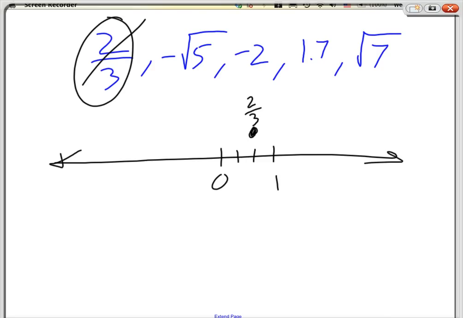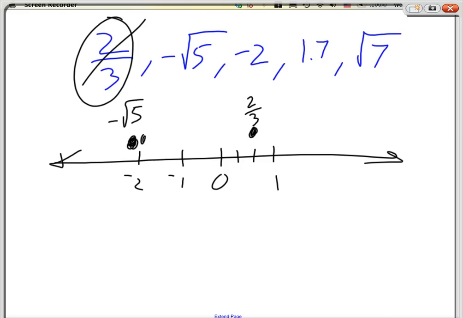But we just learned how to estimate the square root. What is the square root of 5? Approximately 2. The square root of 5 is pretty close to the square root of 4, right? About 2.1? Fair enough? Isn't the square root of 5 very close to the square root of 4? And we know that the square root of 4 is 2. So we can say about 2.1. Negative 2.1, so this is negative 1, negative 2, so we can just put it right here and call this the negative square root of 5.